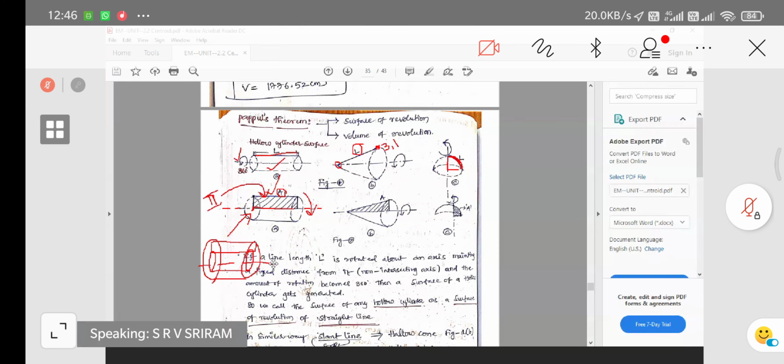When I am going to get this hollow cylinder, when any one of the edges is not passing through the axis of rotation, it means the rectangular object is not having any intersecting axis of those edges. So I am going to get hollow. Similarly, if you take a triangle, you will get a solid cone if one of the edges of the triangle is placed on the non-intersecting axis or axis of rotation. Then I will get a solid. If I keep a certain distance from the axis of rotation, the x-axis, I will get a hollow cone. Hollow cone.